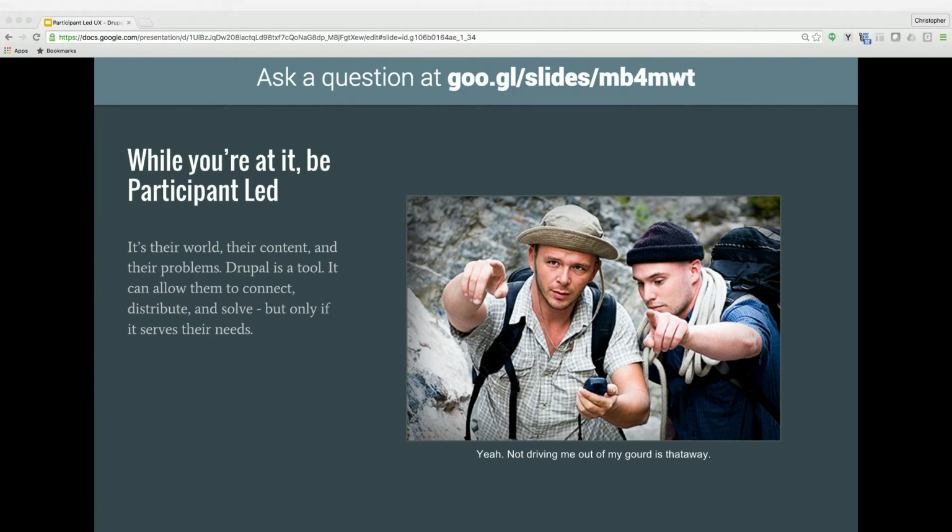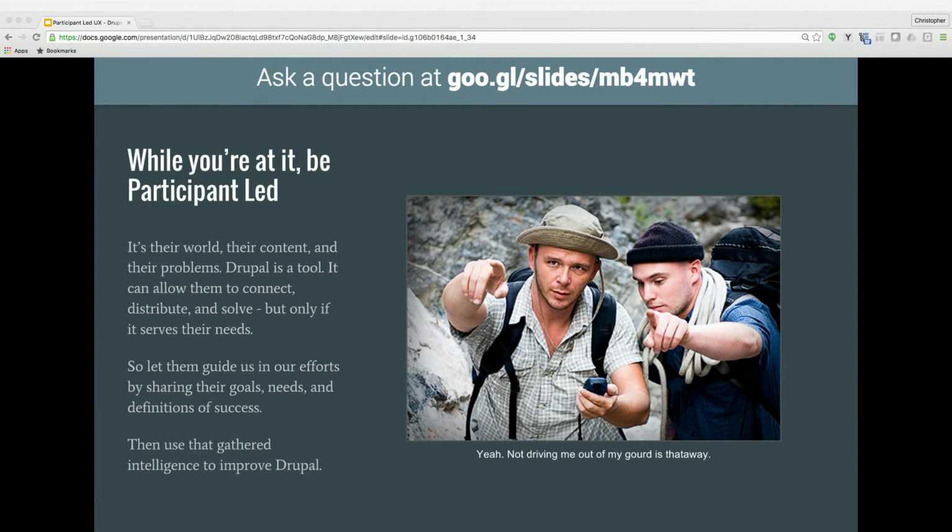So people understand what they can do, how they can do it, and basically save some time instead of going back to the forum to ask people, how the hell did you get that to happen again? Has that thing been approved? Is this a well-supported widget or add-on? So let them guide us in our efforts by sharing their goals, needs, and definitions of success. And then use that gathered intelligence to improve the system you're working on, and in events like this, use it